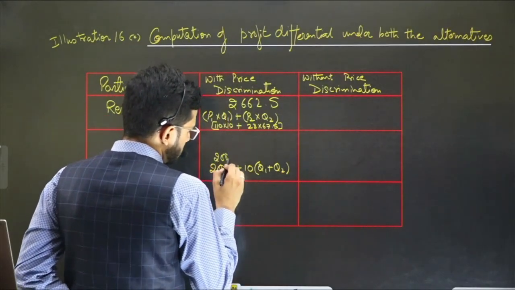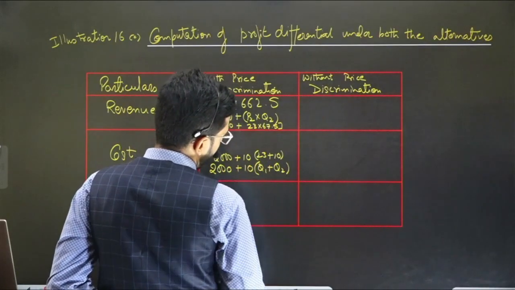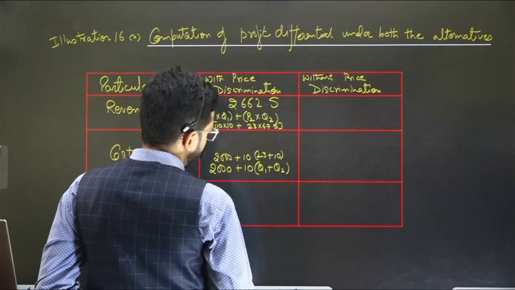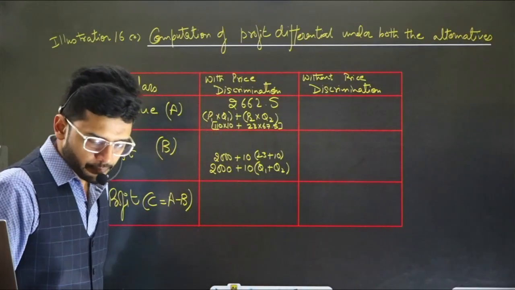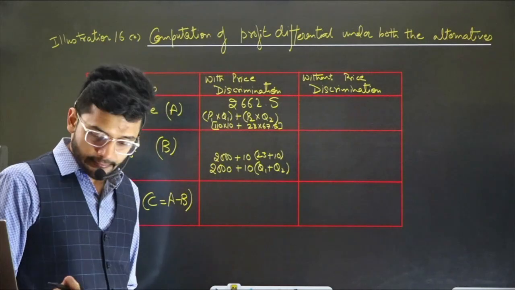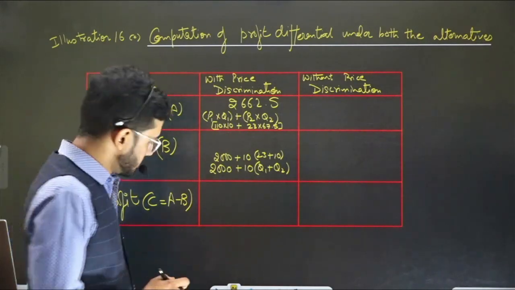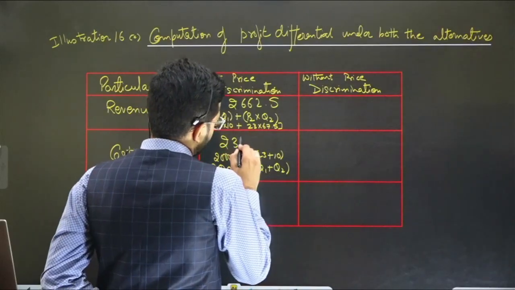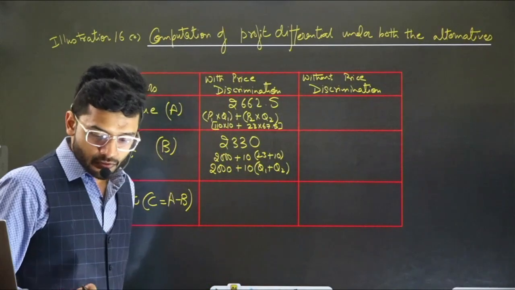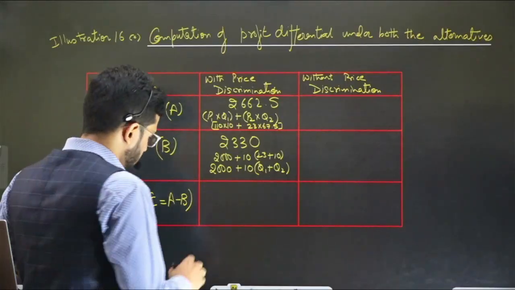So it will be 2000 plus 10 into 23 plus 10, total 33. Okay, so what will be the cost? 10 into 33 plus 2000. It will be 2330. So 2662.5 minus 2330 will give me a figure of